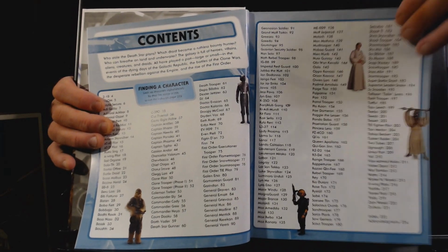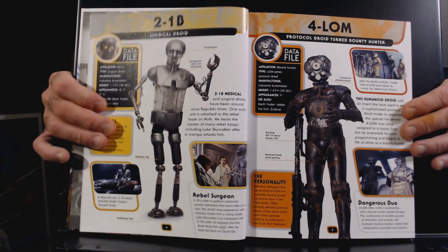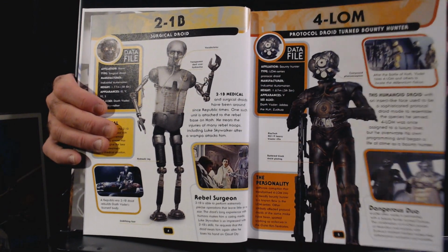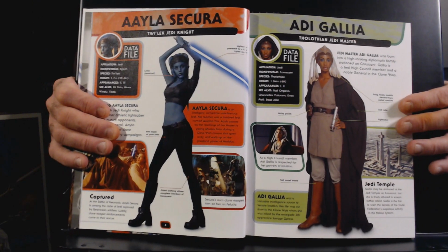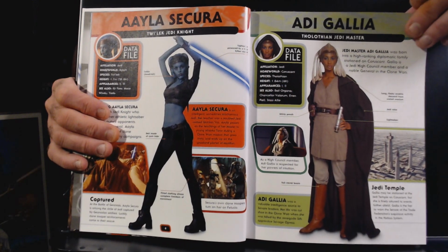So we'll go through a little bit at the beginning, and then we'll go through a little bit in the middle. But there's 2-1B and 4-LOM. Of course, we're going to start with all our characters that start with numbers, which will probably mostly be droids. But then that's all you got. Alright. Aayla Secura, Adi Gallia, Jedi Masters, Jedi Knight and Jedi Master,